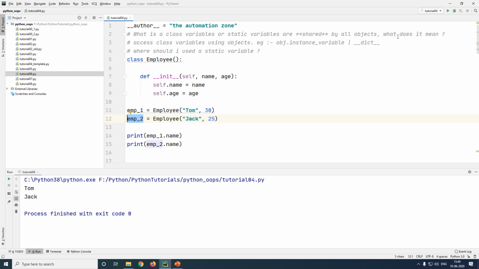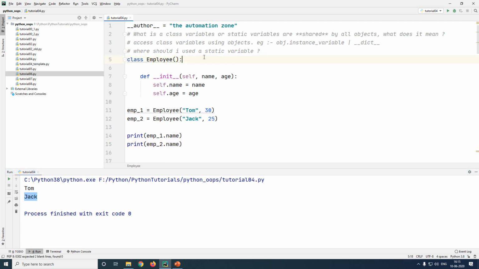To understand this, let us look at a sample class here. Here I have a class of employee which has got your instance variables for the name and age. Instance variables are also called your object variables, and they are unique to each object. Therefore, objects such as employee1 and employee2 have got unique names. Although name is the same variable, they will be unique to each object. To prove this, I've gone ahead and printed the name of both of my objects, and as you see in the console window, their names are unique. Object 1 has got the name Tom, and object 2 has got the name Jack.